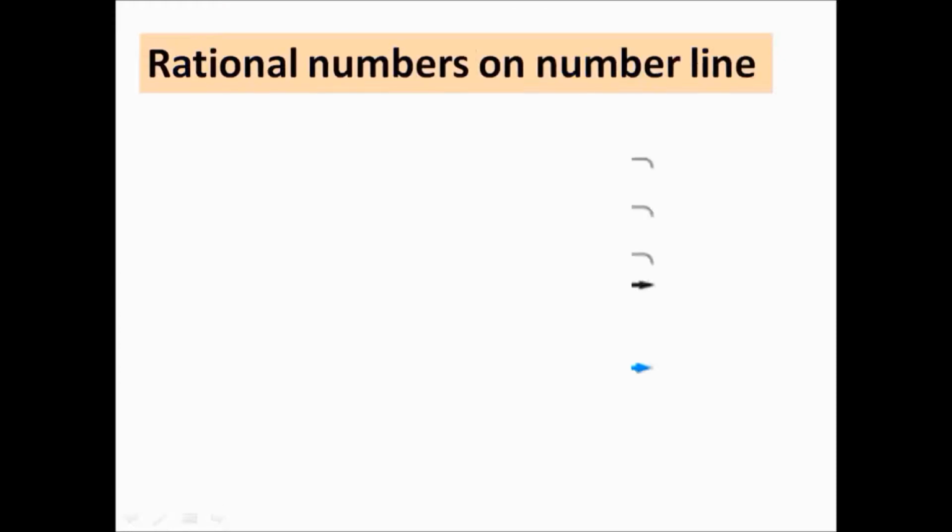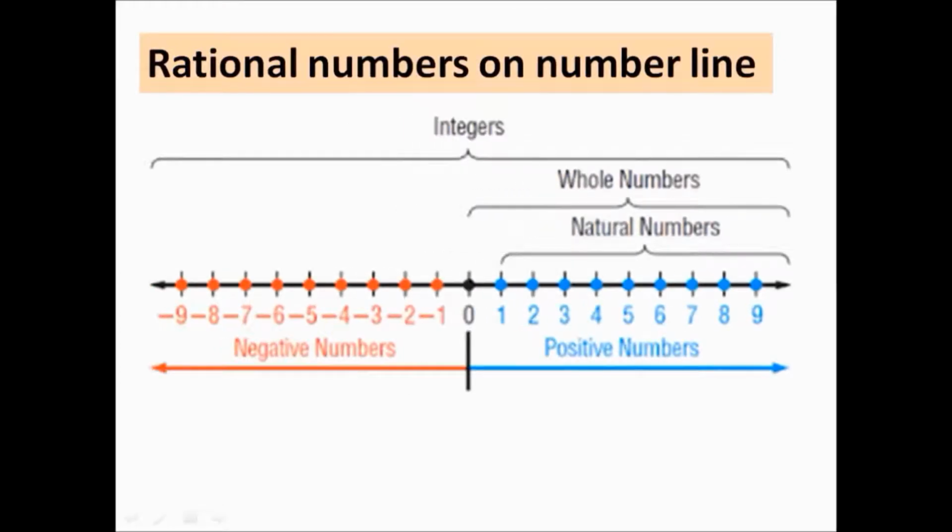You know how the natural numbers, whole numbers or the integers are represented on a number line. The same way, rational numbers can also be represented on a number line. A small recap. Here I have given a number line. You can see in the middle of the number line you have 0, left side of 0 you have negative numbers and right side of 0 you have positive numbers. When you move towards left, the numbers are decreasing in order, and when you move towards right, the numbers are increasing in order.